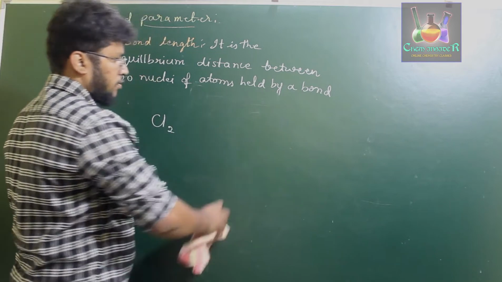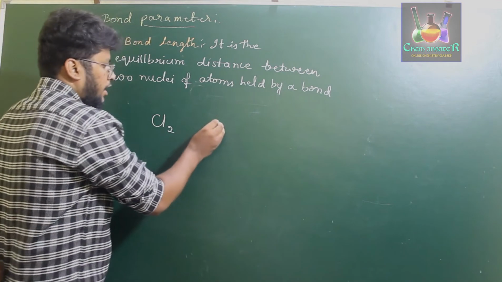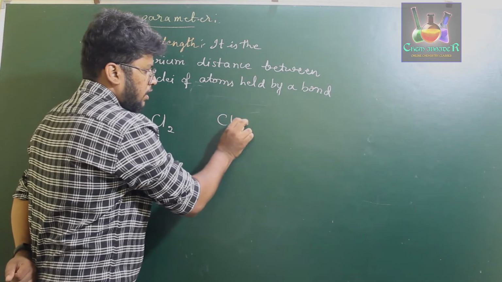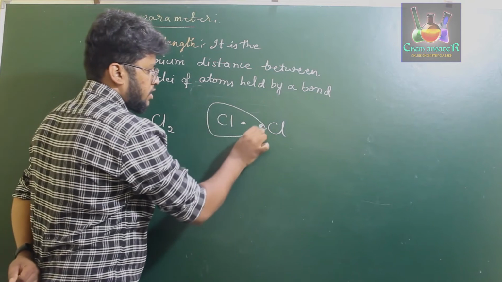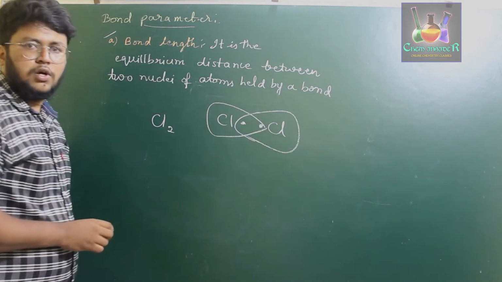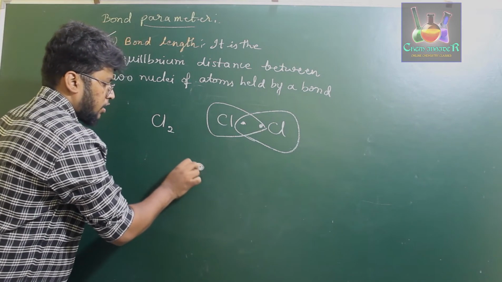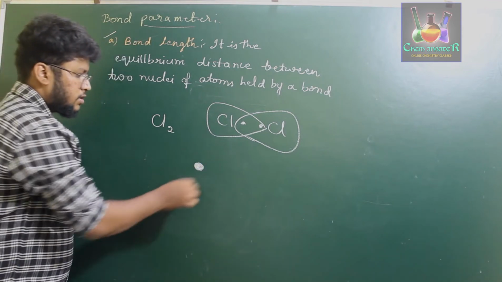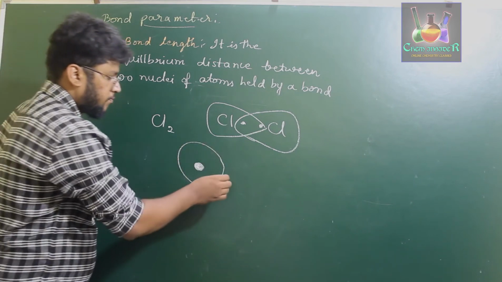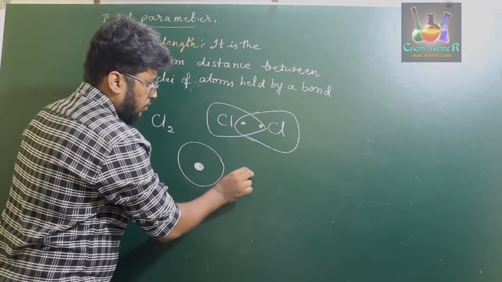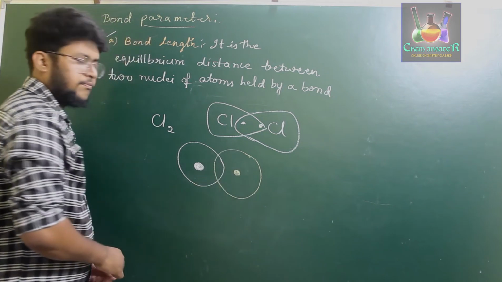We know how a covalent bond is formed, that is, by mutual sharing of electrons between two atoms. If we write the Lewis structure of a chlorine atom, it has one electron over here and one electron of the other chlorine atom over there, and they share the electrons in such a way that it completely fills the octet structure. Therefore, if you write the exact spherical atomic structure of chlorine, if this is the nucleus, this will be the outermost valence shell of chlorine, and this is the nucleus of the other chlorine, and this will be the outermost valence shell of the other chlorine.